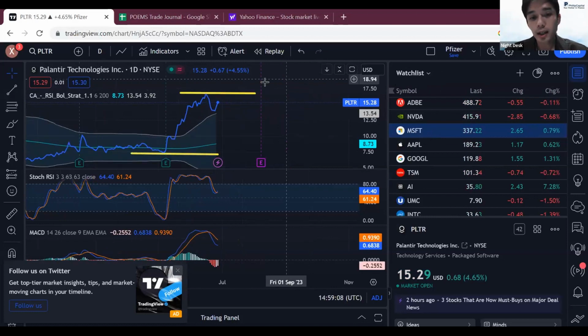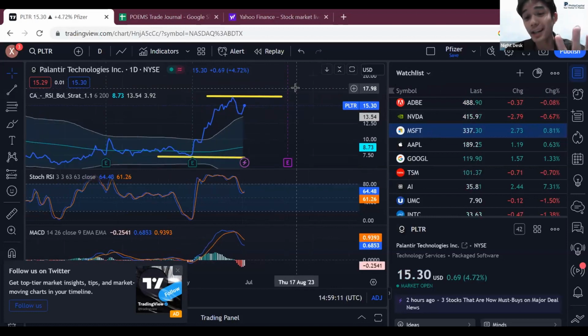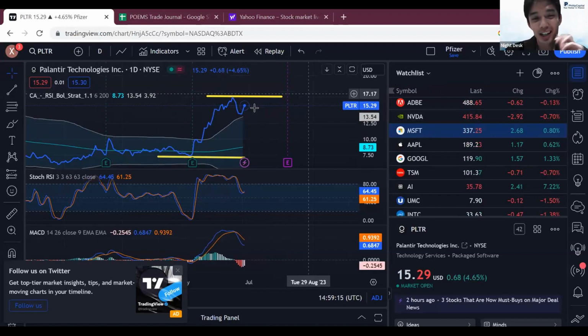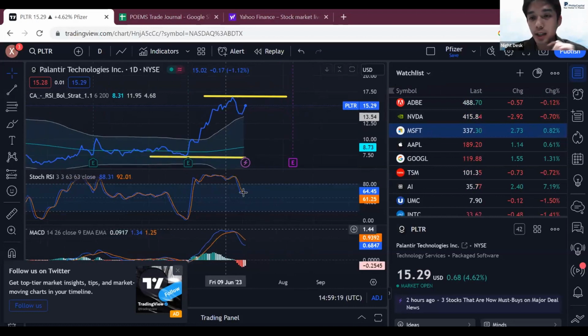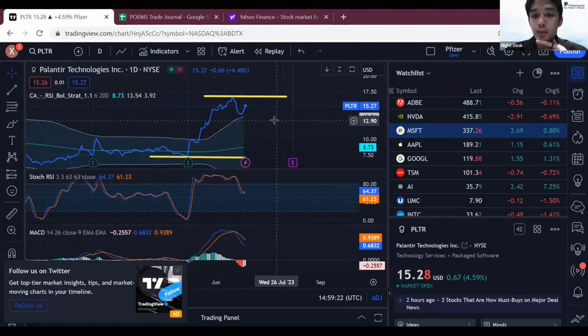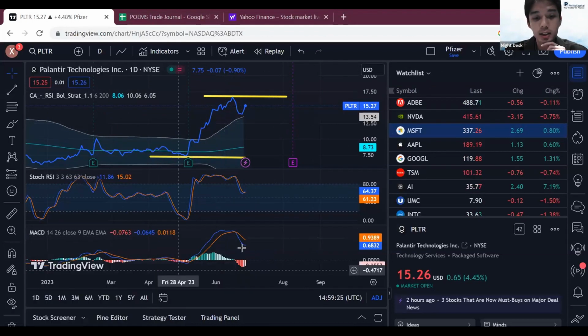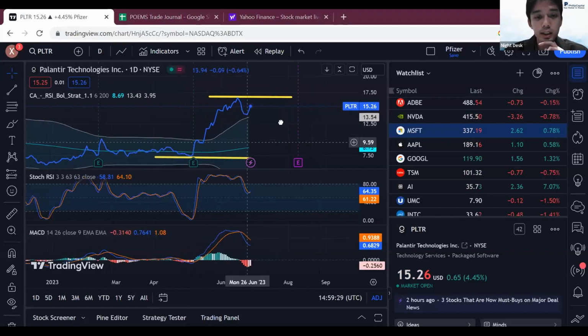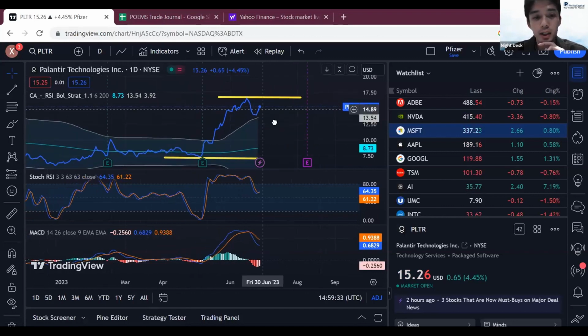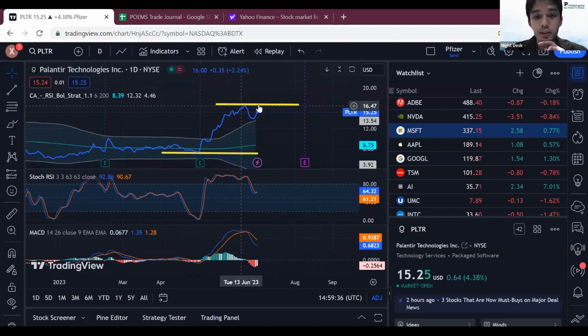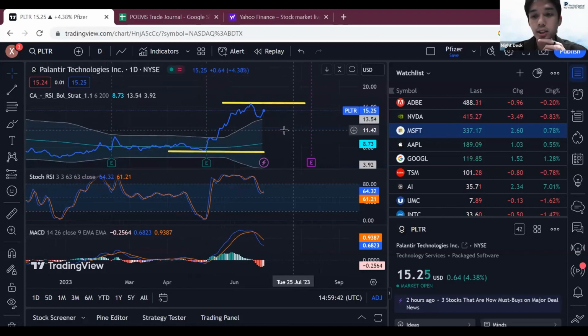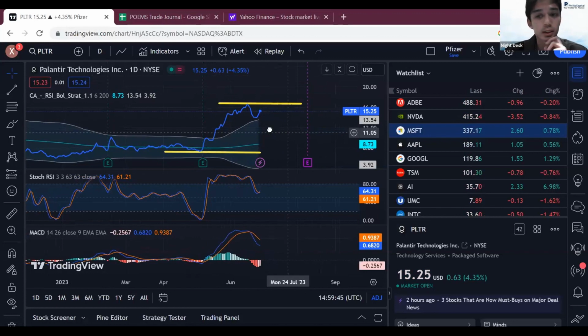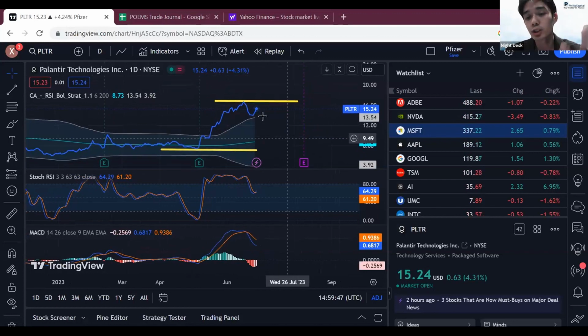If you ask me, would I do it right now? My opinion, I'm not giving you directions. I have my own trading strategy with Ying as well. I will wait until there is a confirmation. Currently, if you look at the RSI, it is still in a moving up trend. And the MACD itself is slightly converging, and it should be closing. What it tells me is that it's likely to move higher until a certain level, which I'm not too sure. The resistance I have here is about 16.6, $1 higher than what you suggested just now. I'll still wait. It's not something I'll catch. It's not something I'll force through like today.